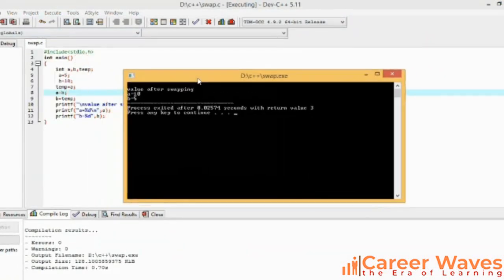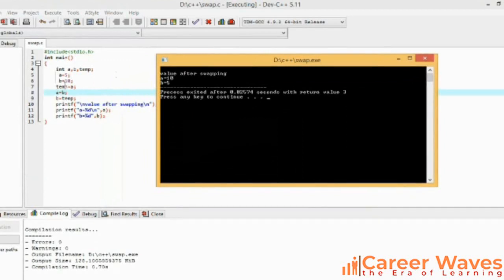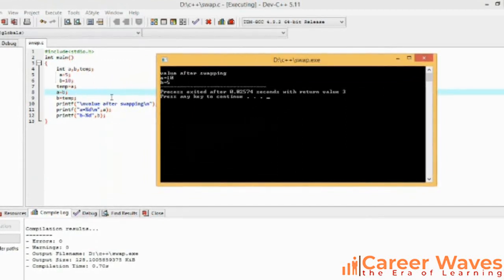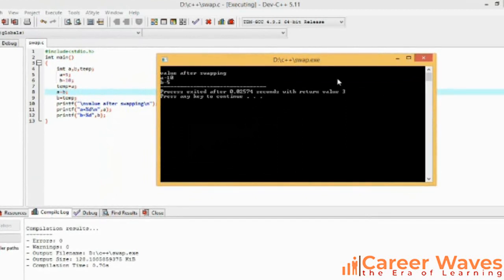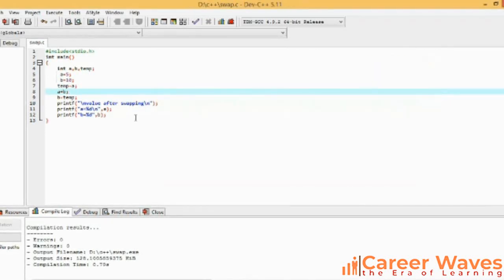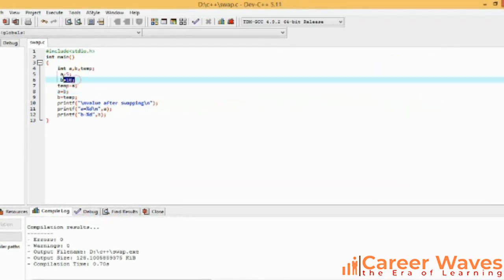As we can see, the value for a initially was 5, after swapping it becomes 10, and the value for b initially was 10, after swapping it becomes 5. But what if the user wants to give the input from the keyboard? For that we should include the scanf function. So let us do that.